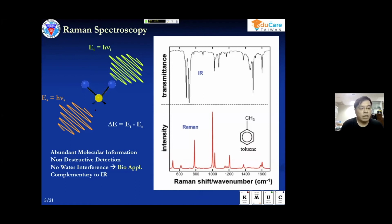After the introduction of materials, now I'm going to tell you about what Raman spectroscopy is. Raman spectroscopy was discovered by C.V. Raman, who is a very famous Indian scientist, right? He discovered the Raman effect in 1928. He found that when radiation interacts with a molecule or object, it will